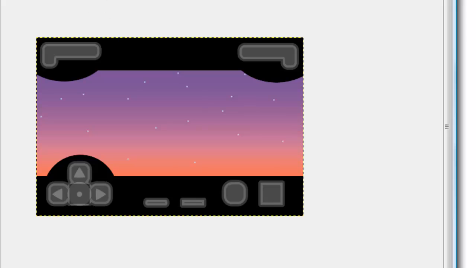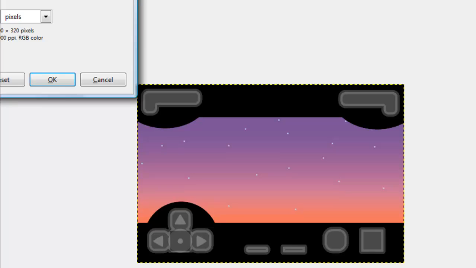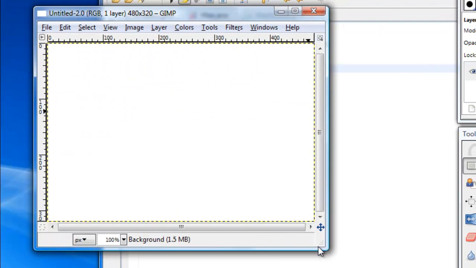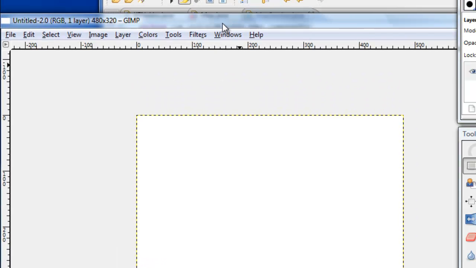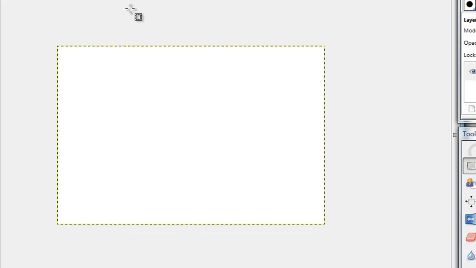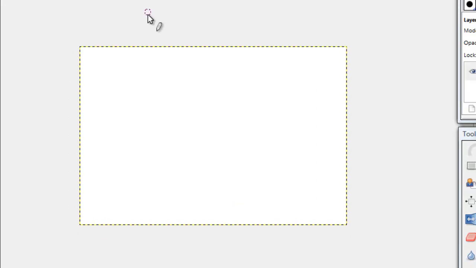Okay? All right. Let me just create new. Now let me show you what I mean by map section. What exactly is a map section? What am I talking about? Now let's say this is our map. Let's say our map is 480 by 320. Now we can split our map into sections so that the search time is a lot